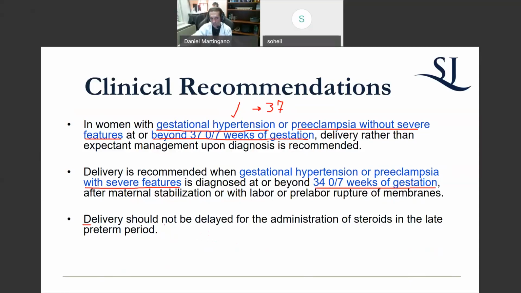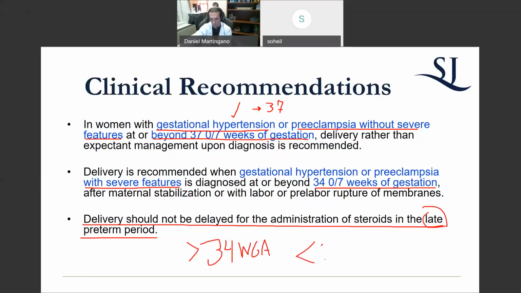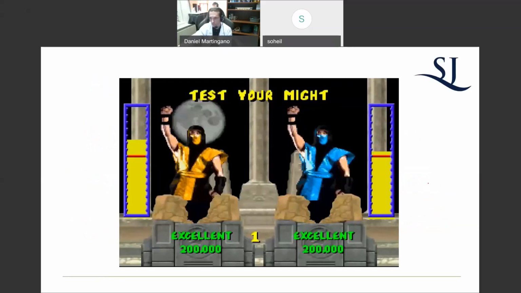This is a new recommendation that should be highlighted. I kind of mentioned it already, but you shouldn't delay delivery or induction of labor in the context of severe features in the late preterm period. The late preterm period is greater than 34 weeks gestation, but less than 37. Okay, and that's your window. The point is that if you have a patient, say 35 weeks, and she has this, you induce her, you give her the corticosteroids, but you don't delay the delivery. Okay, so